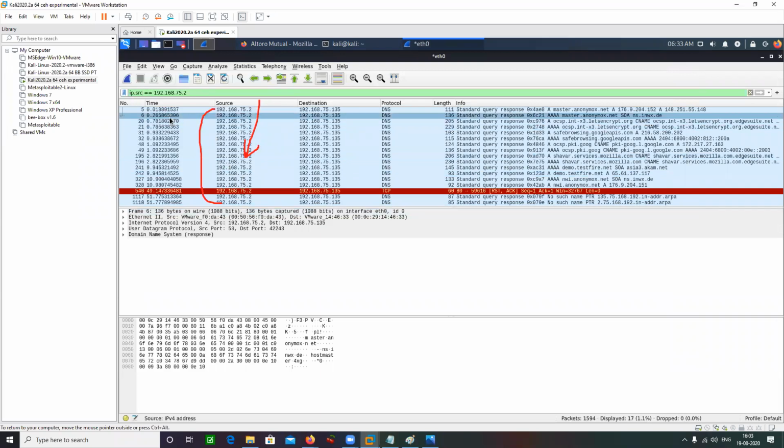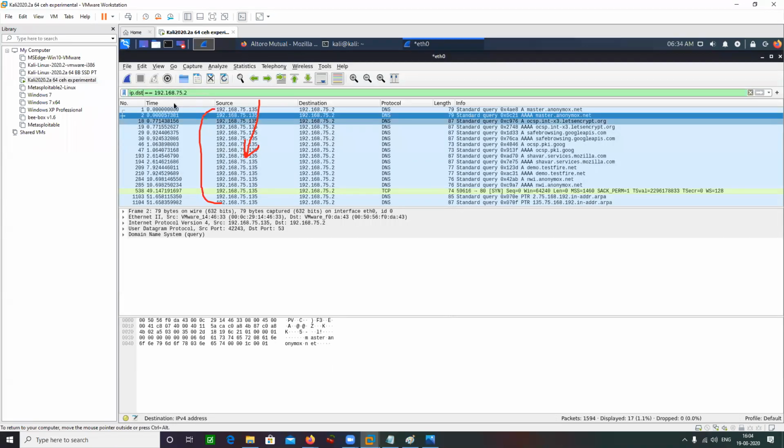Getting back here, if I want to see all those packets which are destined for this host, you can see that it is only going to show me those packets which are being sent to this IP address. I hope ip.addr, ip.src, ip.dst is clear. Filtering packets on the basis of IP address, and on the basis of protocol. Similarly, we can filter packets on the basis of port as well.